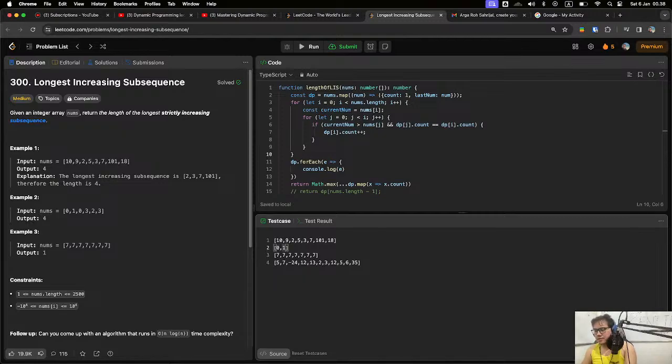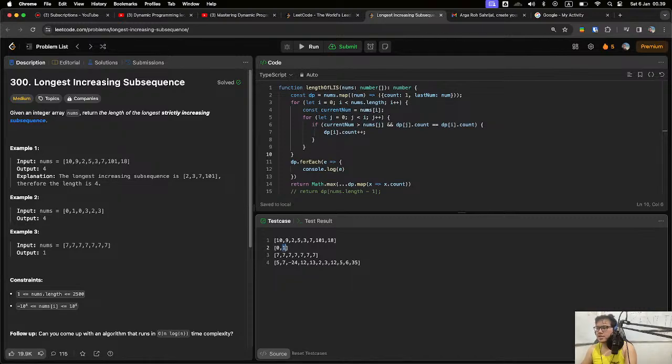So where am I? Okay. When we go through all the previous indices before this element, and then we find that one is bigger than zero, we check whether the longest subsequence here is equal to the dp count here.